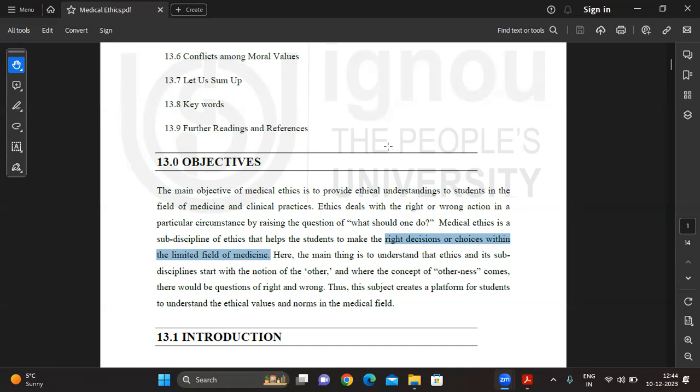Let's say I give you an example. I have a case, let's say an abortion case. There is a woman who is pregnant, and the baby, she has to undergo an abortion if